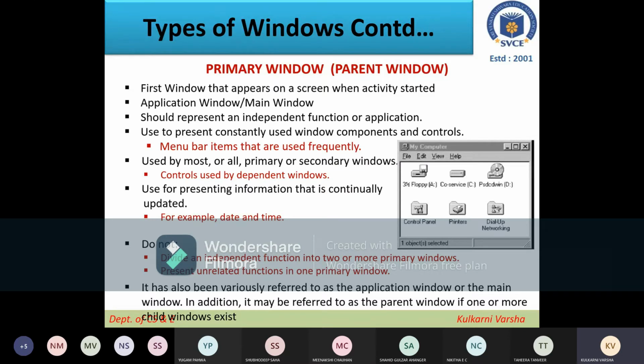It is the first window which appears on the screen when any application is started. Nowadays in many applications we have a login ID and login authentication that needs to be gone through, right? After doing the login authentication, whichever screen the application opens will generally be the primary window, not the login window. So it is the first window that appears on the screen when the activity starts, which is called the main window,